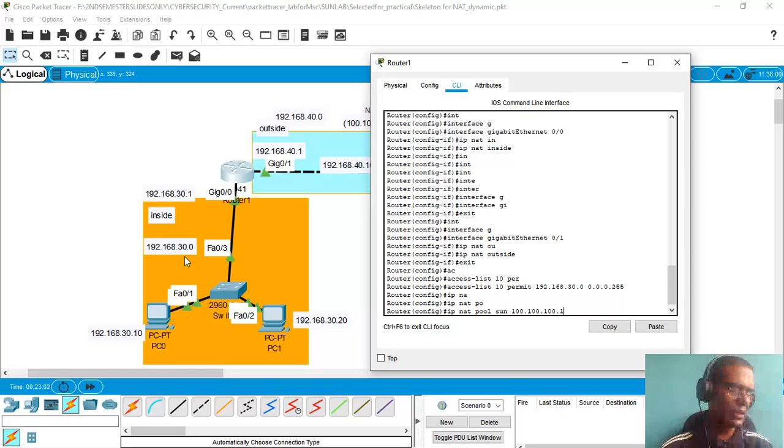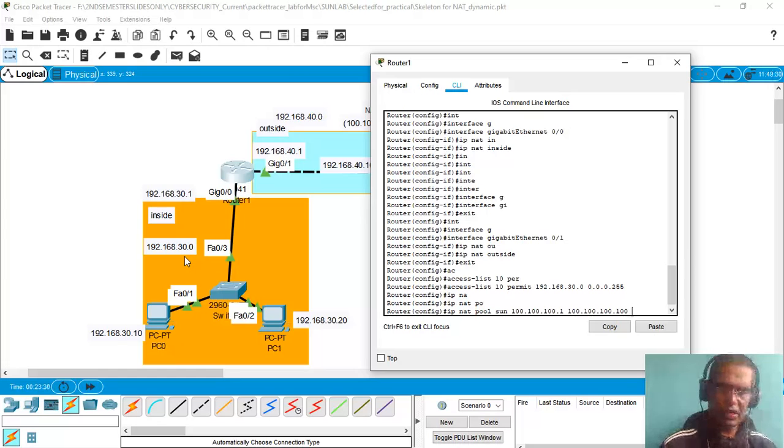Let us say this is the starting IP, and the end IP 100.100.100. You can give the number of IP addresses that are available. Actually, I will give say 100. That means 1 to 100 is the total number of IP addresses that can be manipulated for the communication of the network